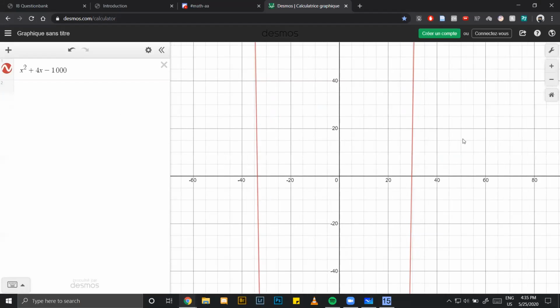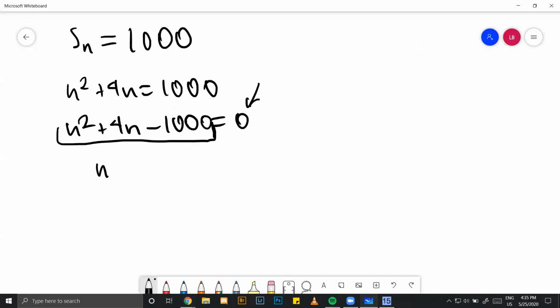You'll have to zoom out on your TI-Nspire, and then you will have to use the Analyze button in order to check for zeros. Then drag the Analyze button over the positive value over here, the positive zero you can see. I can click on it right now and see that that value is 29.686. So I go back and I see that n is equal to